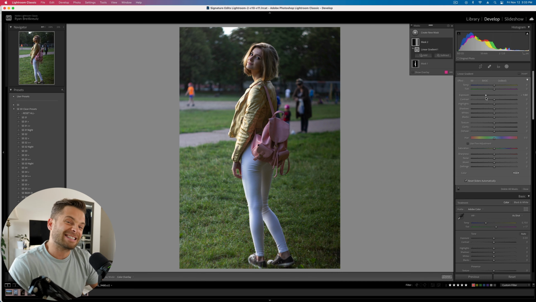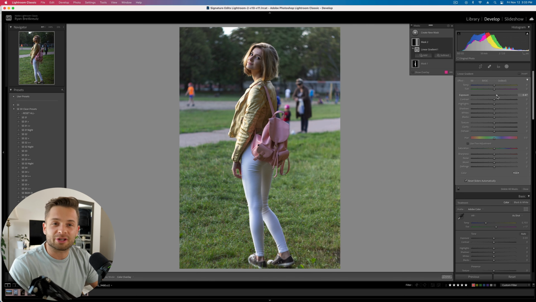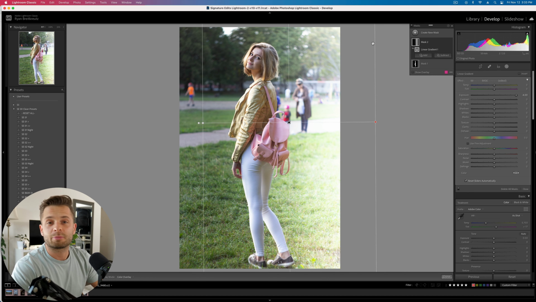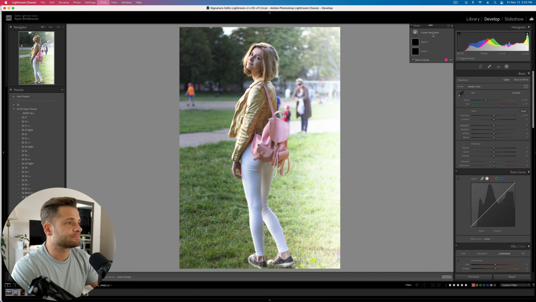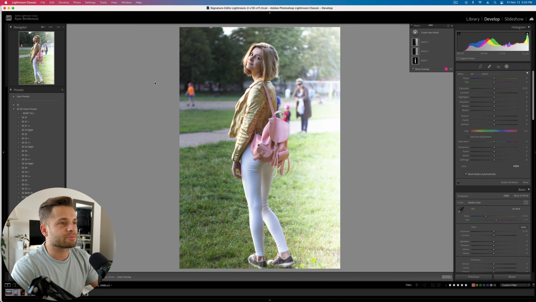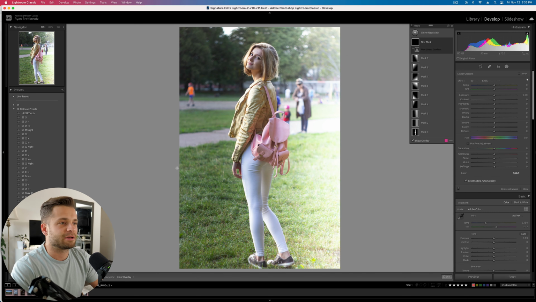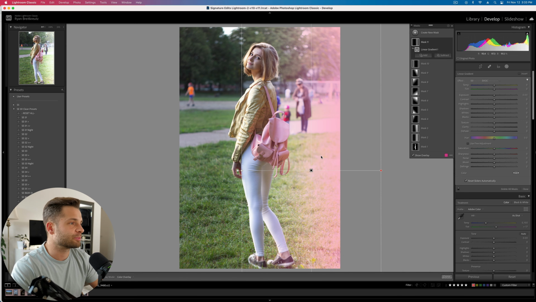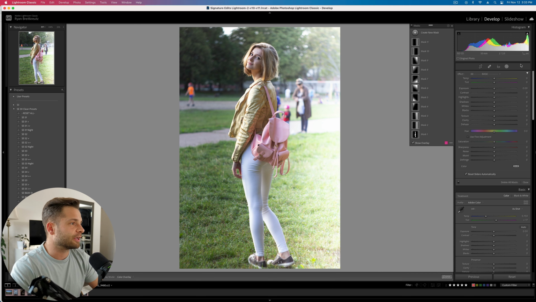So it's kind of asking me to learn a little bit more, but it's really going to be worth it in the end because you are going to work a little bit faster. So we've got K for the brush, M for the graduated filter, and you can see we can make as many as we want, and it's actually a lot faster than if you were just selecting it every time with your mouse, right? Because you can add a million of them really, really quickly, whereas previously you would have had to go over here, graduated filter,